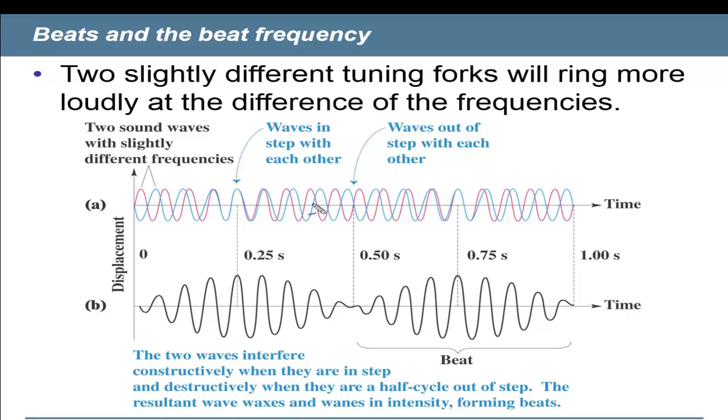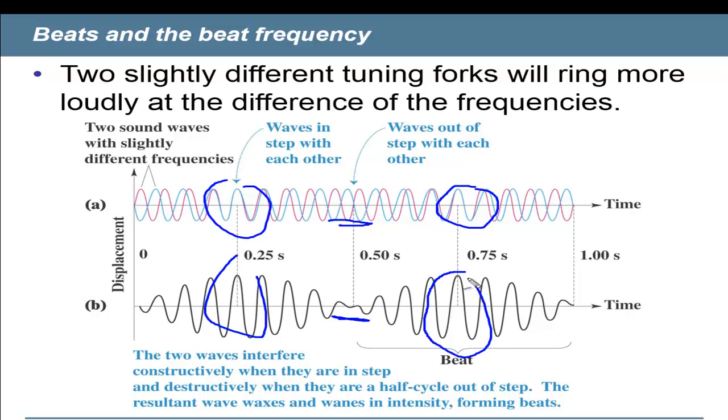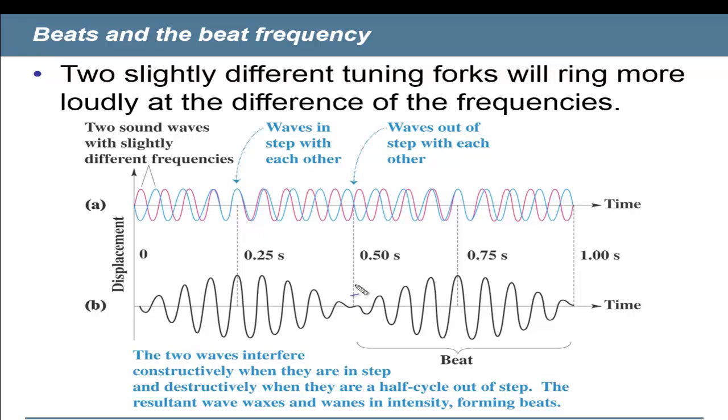So this continues along, and they're in phase right here, and then they go out of phase again right here. And so we have our frequency, actually the amplitude that we hear is destructive interference, and so there's very little amplitude right here, and then again they get back together, and the beat or the amplitude is large again. So the beat we hear is basically the time between these dead spots in which the amplitudes were canceled, and